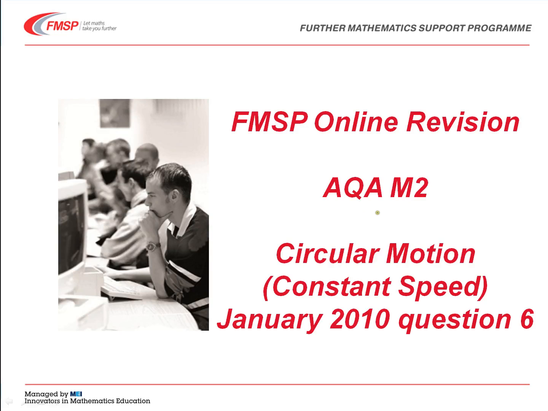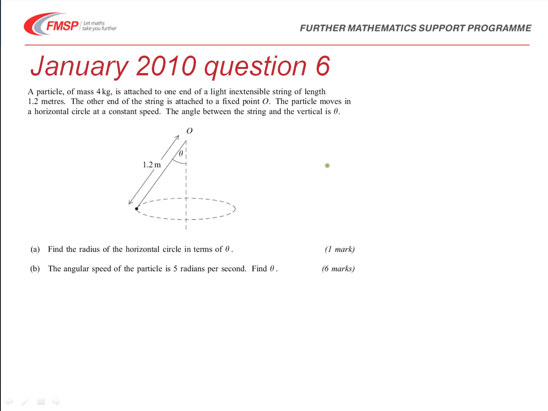Well, welcome to this online revision session for AQA M2, in which we will be doing the January 2010 question 6 on the topic of circular motion, where the speed is constant. Now, this particular type of problem should be quite familiar to you as a canonical pendulum with a mass of 4 kilograms on the end of a string of length 1.2 meters, and it rotates in a horizontal circle